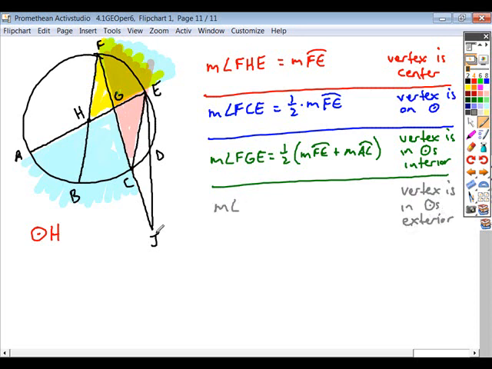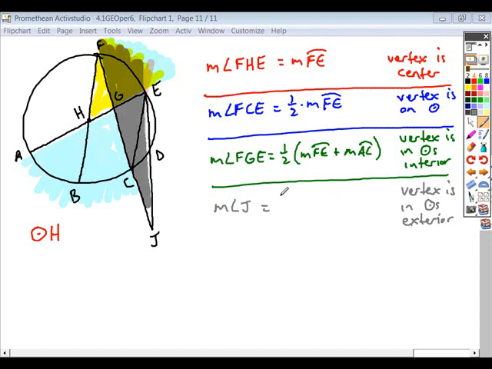That would be an example like J. I'm just going to call it angle J since there's no confusion of which angle I'm talking about. When you look at angle J, here's its interior. I'm going to darken it a little bit. Here's that angle. So there's more than just one arc in its interior, and this angle intercepts 2 arcs. What are the 2 arcs that are intercepted by this? Arc FE still, and arc